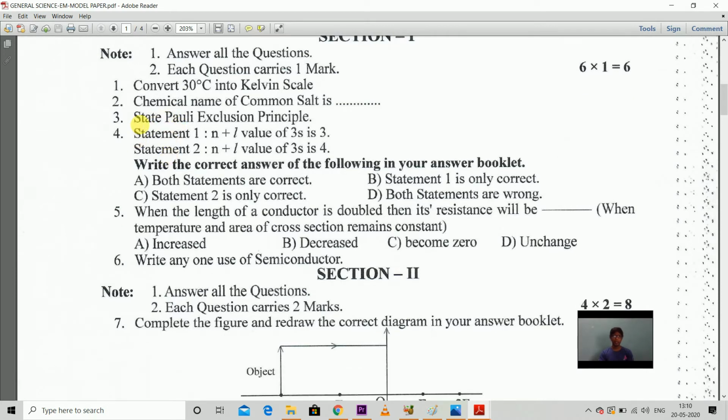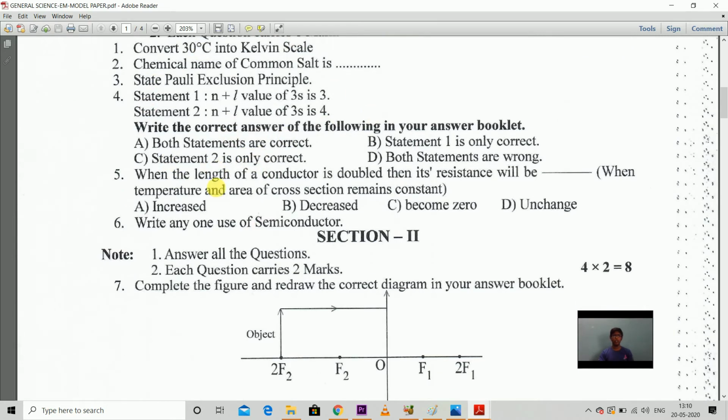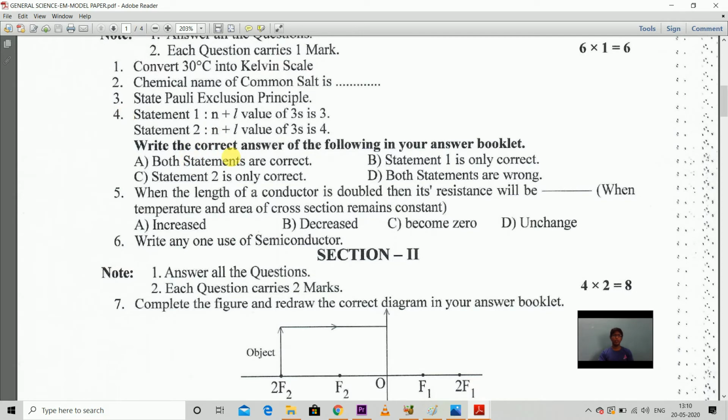Like statement, one line answer, and the fourth one is a statement type question. The fifth one, you can observe, is multiple choice questions, and the sixth one is a one word answer type question. You can observe clearly, you have already learned the same pattern before. So you better prepare according to the previous model. That will be useful, because only some questions are deleted, that's all, but the question paper pattern is not changed. That is what you have to remember.